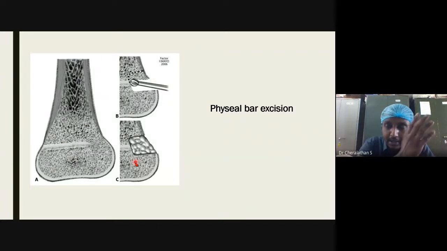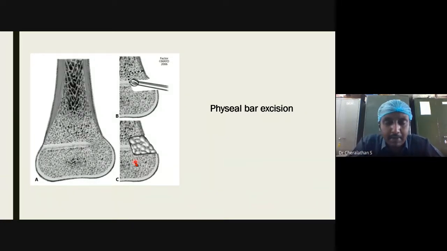Now, like I said earlier, the child or the parent has to accept the amount of deformity correction rather than the overall reduction in height, right? There are options of lengthening the bone after completion of growth, like we discussed, the Elizarov. Say you do the deformity correction and maybe the child lost a height of a few centimeters, 4 or 5 centimeters. This can again be corrected surgically after complete fusion of the physeal plate. You can do an osteotomy there and create a longitudinal growth by using the Elizarov apparatus.